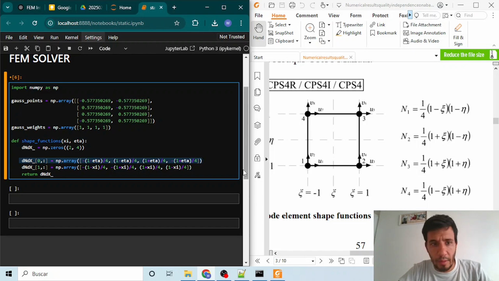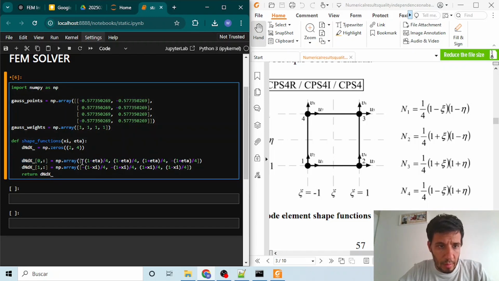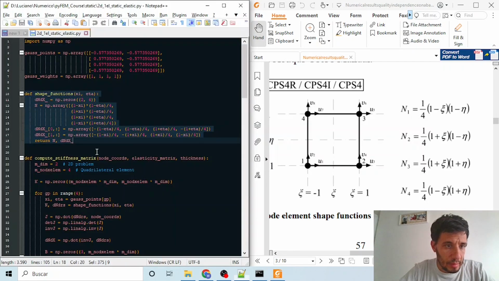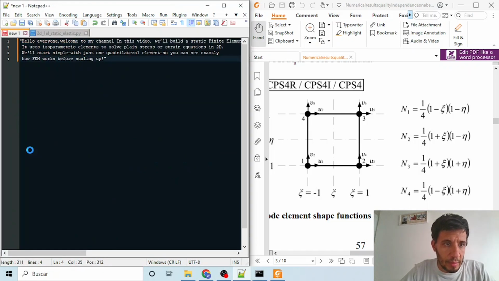This is the -1 being here, and for the second function we differentiate and get +1, 1 minus eta, and so on. So we have built this derivative, and we will then compute our stiffness matrix.